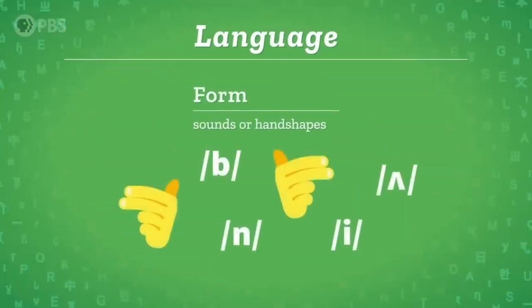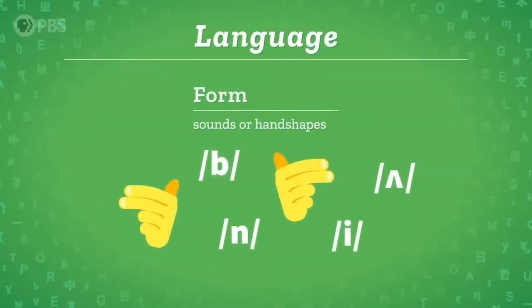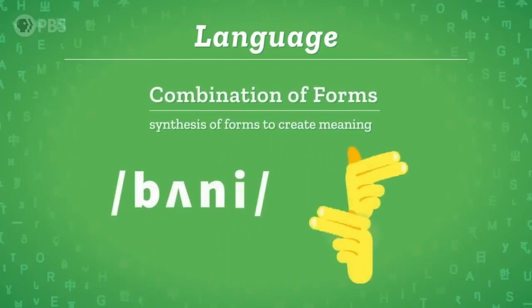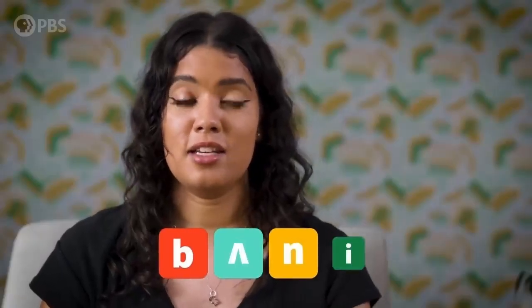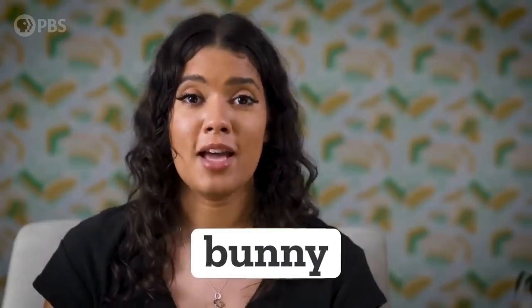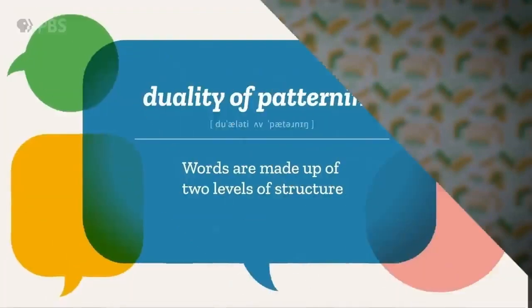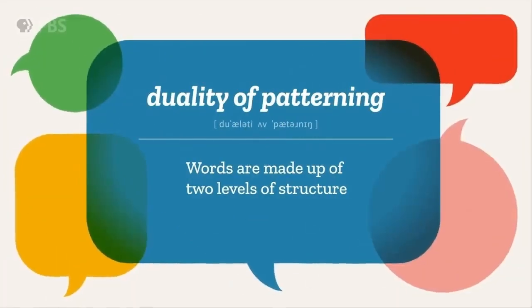First, language exists at two levels. There's the level of the form, like sounds or handshapes, which don't have meaning in themselves. Then there's the level of combinations of forms that create meaning. So when it comes to speech, the sounds b, n, and e don't mean anything individually, but can be combined to make bunny, like our new friend gavagai. Or those same sounds can be arranged to make nubby, because it's the combination that makes the meaning, not the individual sounds. This idea that words are made up of two levels of structure is known as the duality of